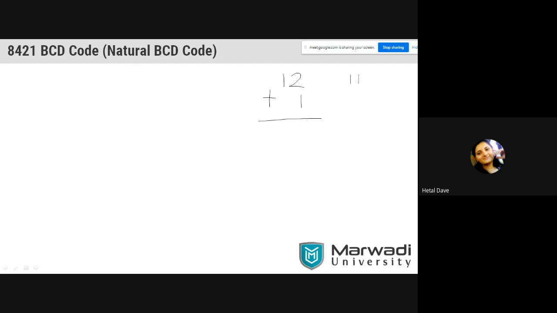For 12, we now know decimal to binary. We know this thing, so now I should not explain it. By means of the division method, we can get 1, 1, 0, 0. What is the binary pattern of 1? In 4-bit, 0, 0, 0, 1. Whenever these 2 inputs are given to the calculator, the calculator will calculate it. An adder circuit will be there inside the calculator and we will get the answer.